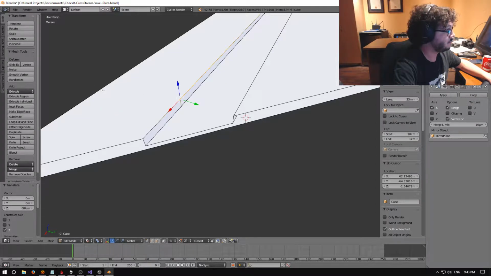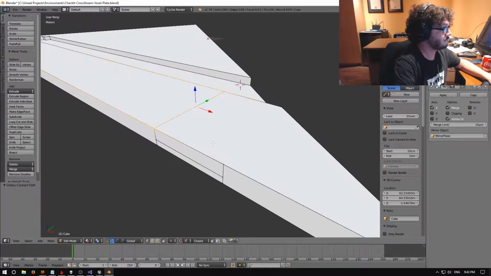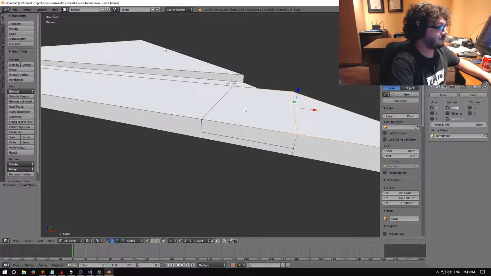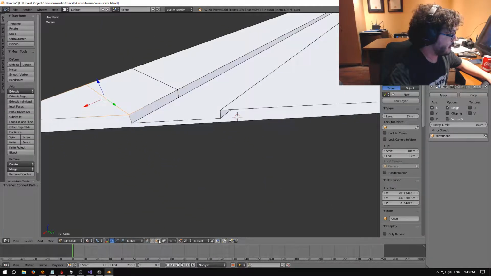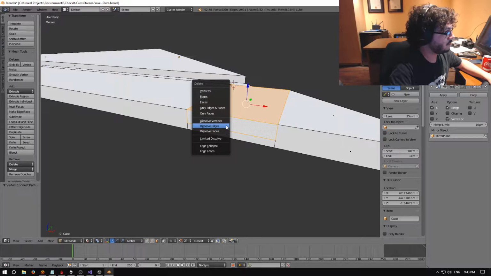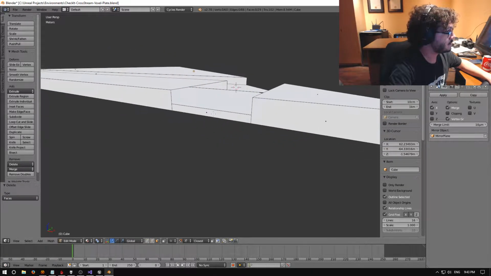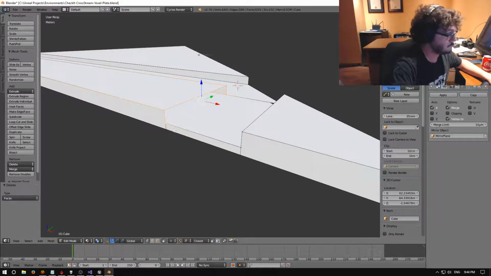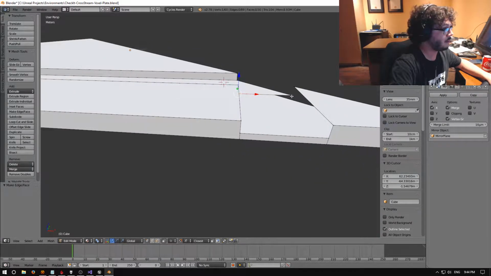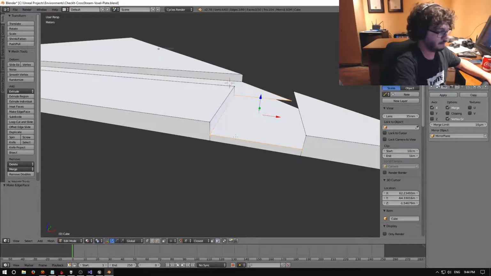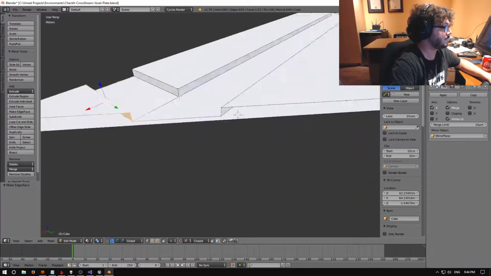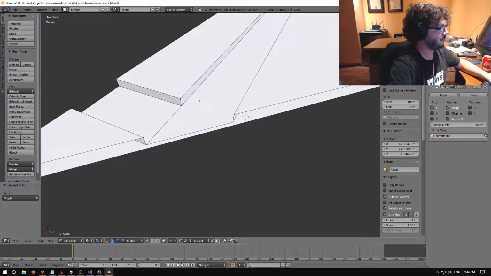Now I'm going to cut there. And now the easiest way to do it is just delete these faces and create new ones. There's probably a more direct way of doing it, but I don't care. So make sure we're set on merge. Hopefully I didn't create any weird degenerate geometries or anything like that when I did that, but